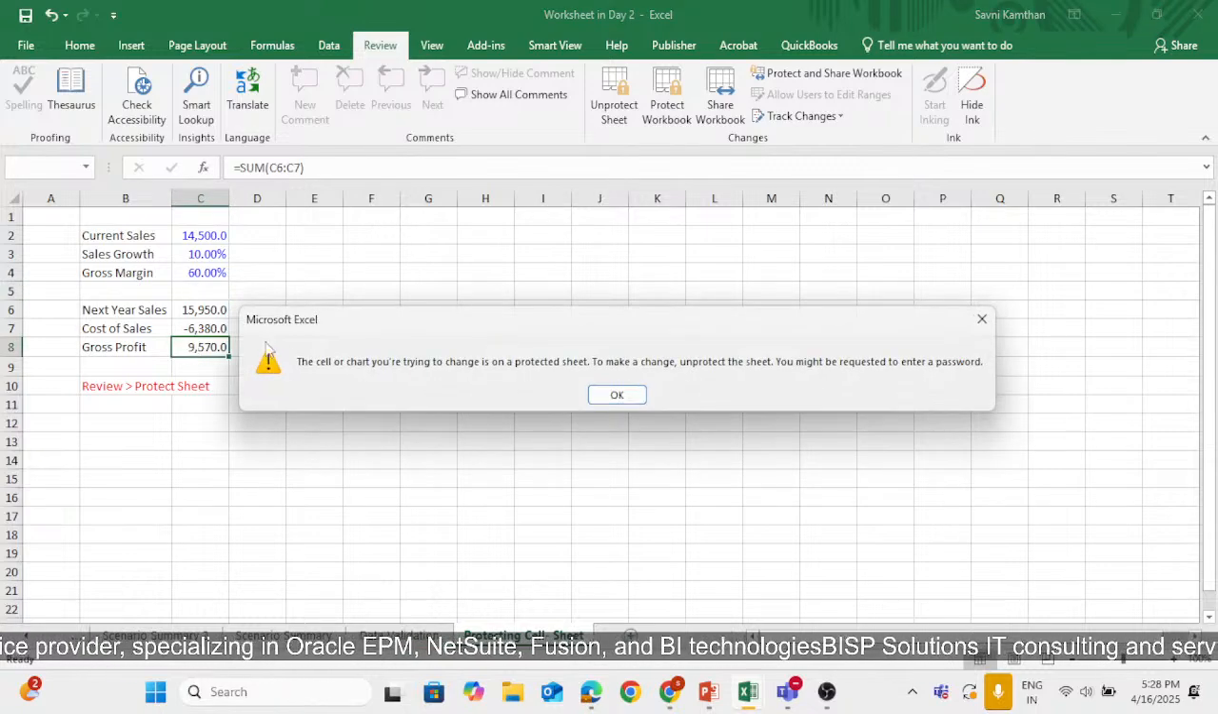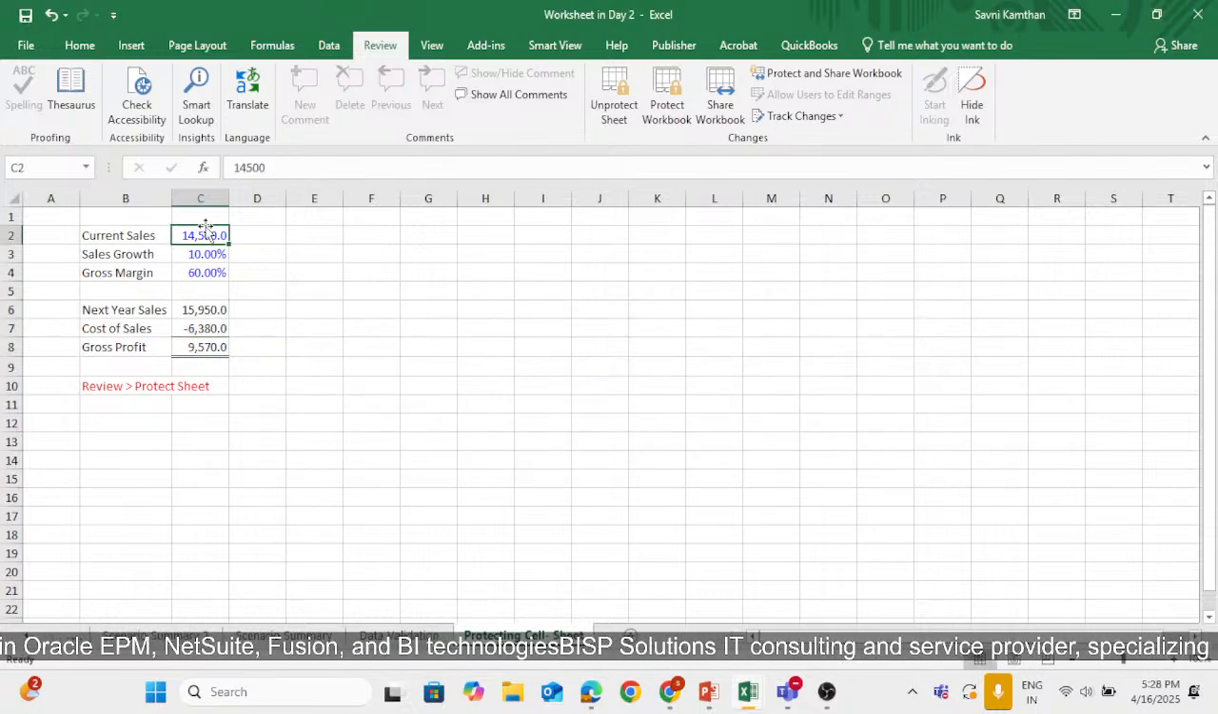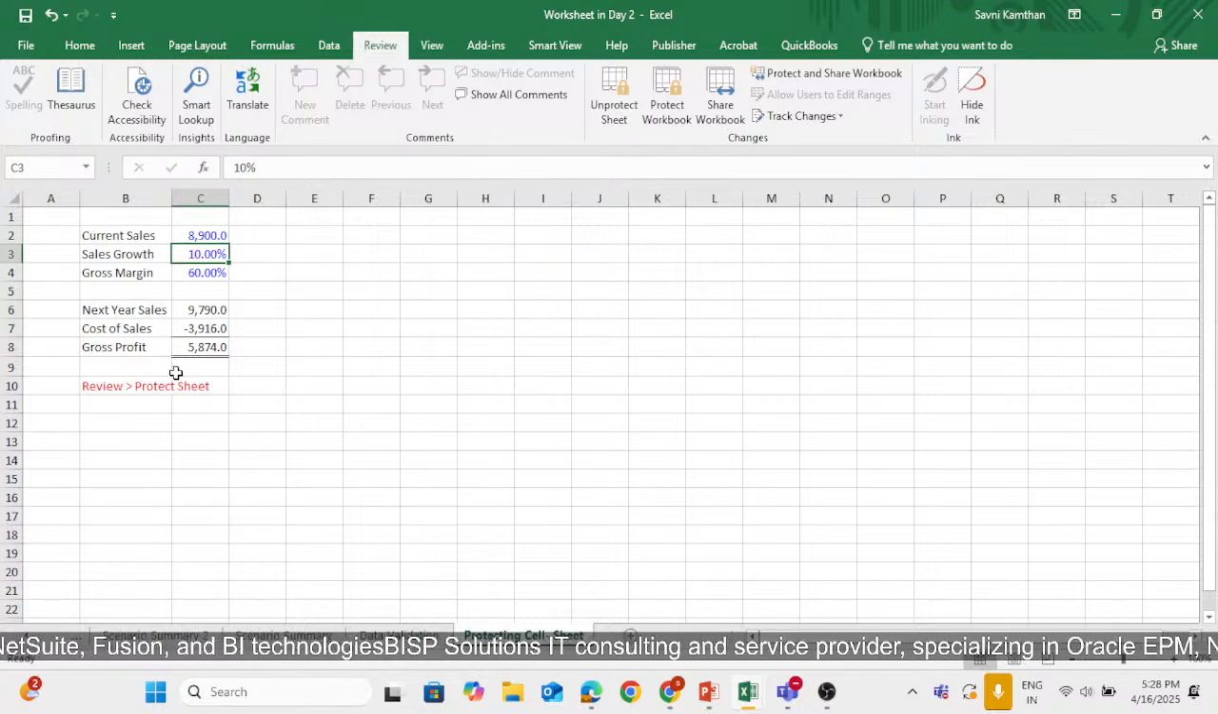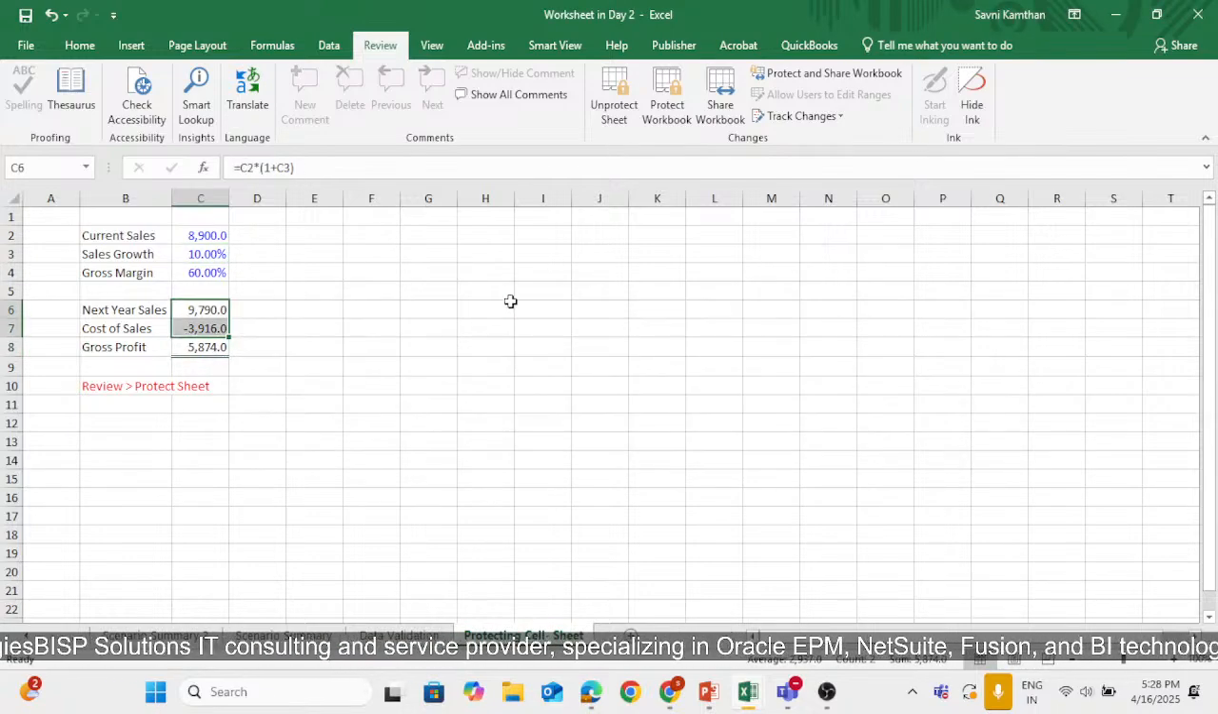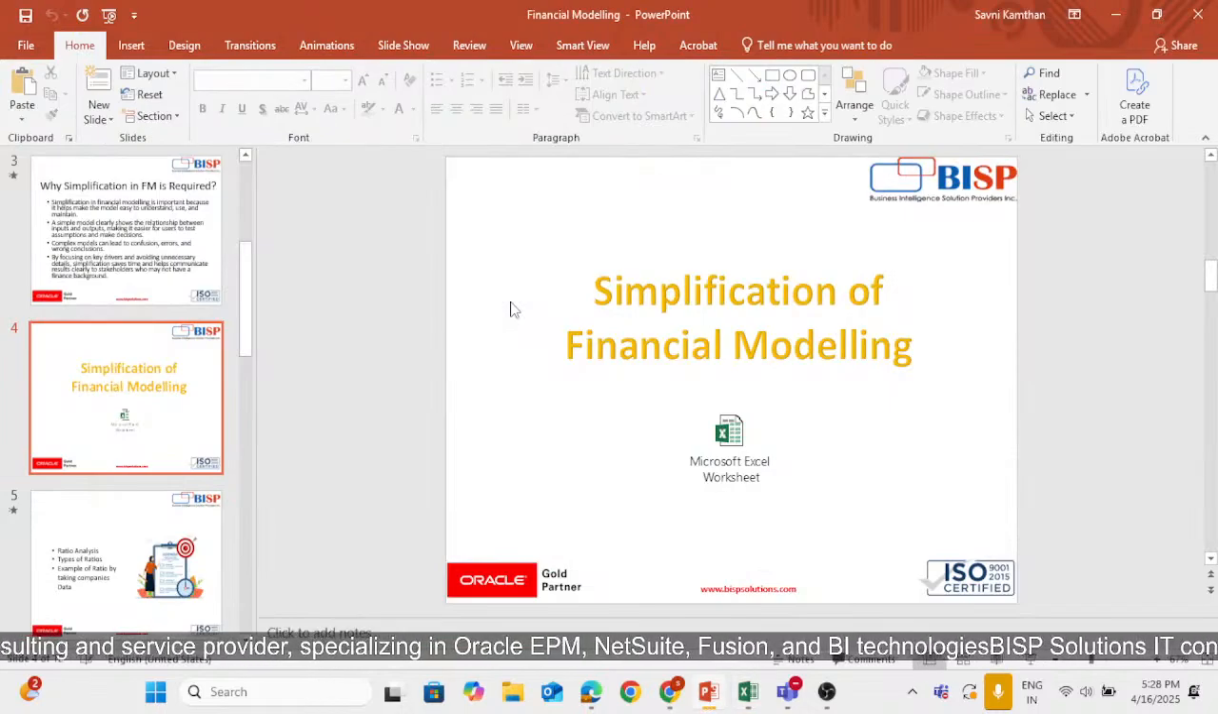I can't change anything in my formula, but I can change it over here, and it will be changing on its own. But if I want to change the formula, I won't be able to. So this much we have covered in our previous sessions. So today we will be learning about